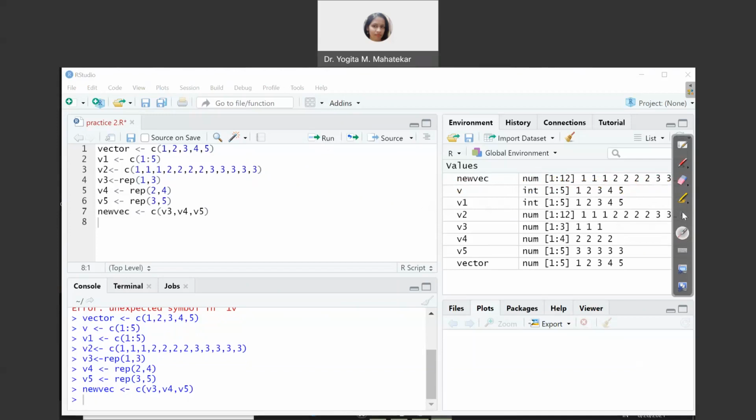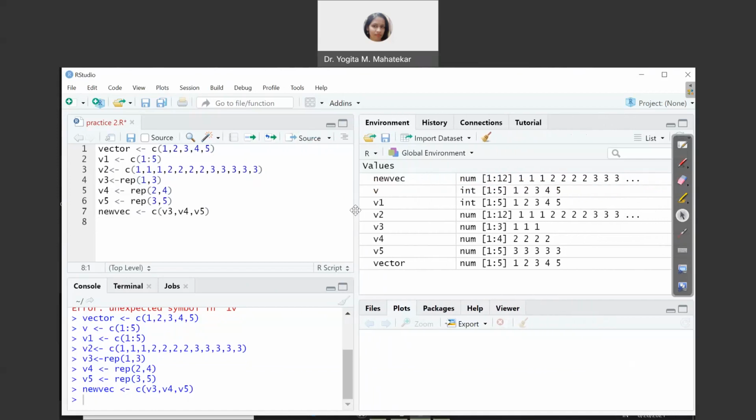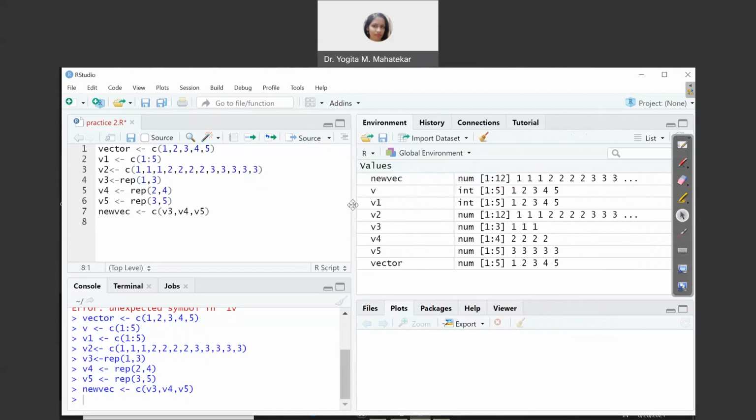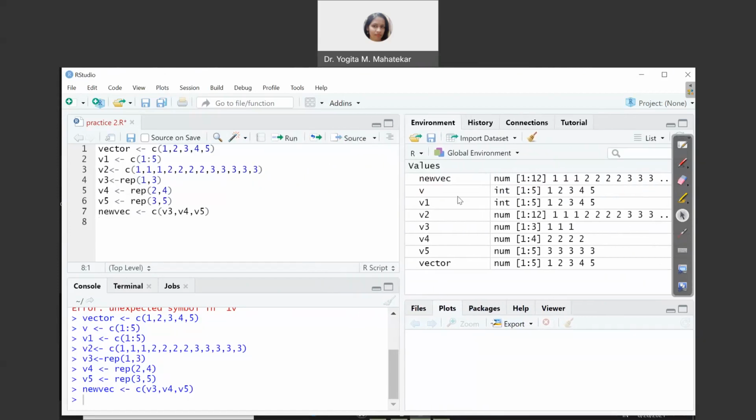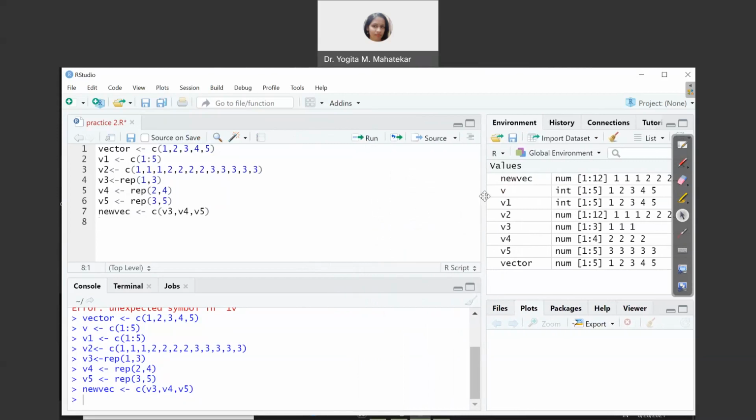So these window lengths you can also adjust like this. Suppose you have to see the workspace clearly like that. Here the 4 directions of arrows will come, that you can just pick up and adjust the length and width however you want. This is how to create vectors in the script file, and this is how to run those commands.